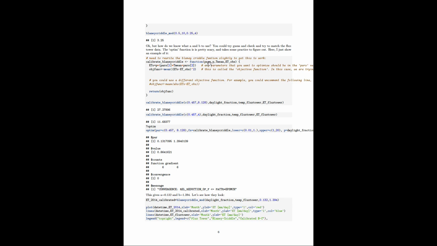So now this pars stands for parameters. It holds both the values of a and b. Then we have p, we have t-mean, and we're putting our observations, our ET observations, into it as well. So we use the first entry in pars, which is a, the second entry in pars, which is b, p, and t-mean. Okay, so then we calculate our Blaney-Criddle evapotranspiration like before, and now what we do is we define what we